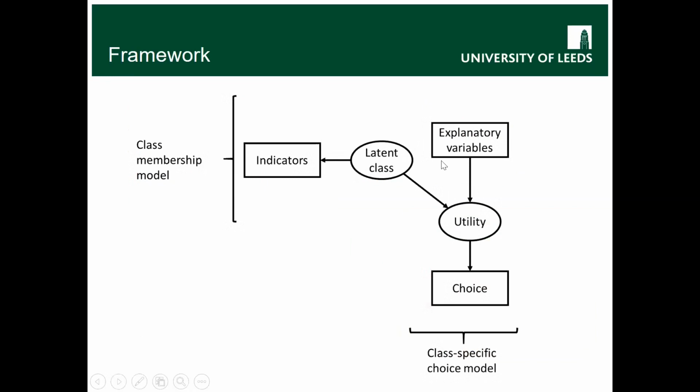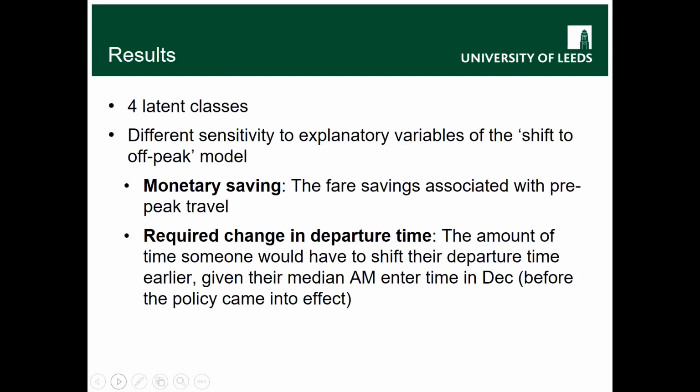So instead of just using a traditional clustering method, we tested that as well. We found that a probabilistic method, where we assigned the users probabilistically into different latent classes and used that to acknowledge the heterogeneity in their responses in terms of shifting to off-peak versus peak, performed better. So our results indicated that the model with 4 latent classes of users performed the best.